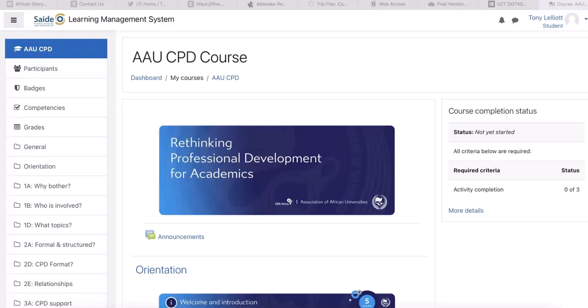Continuing Professional Development, or CPD, with a focus on teaching and learning, is crucial to the ongoing improvement of higher education institutions and their staff, and to student success. From this course, you will see that CPD does not need to be put off until there's a fully functional, centralized centre for teaching and learning. We hope the course will help you to develop a clear purpose and drive for promoting quality CPD in your institution, whether or not you already have an office or centre for teaching and learning.